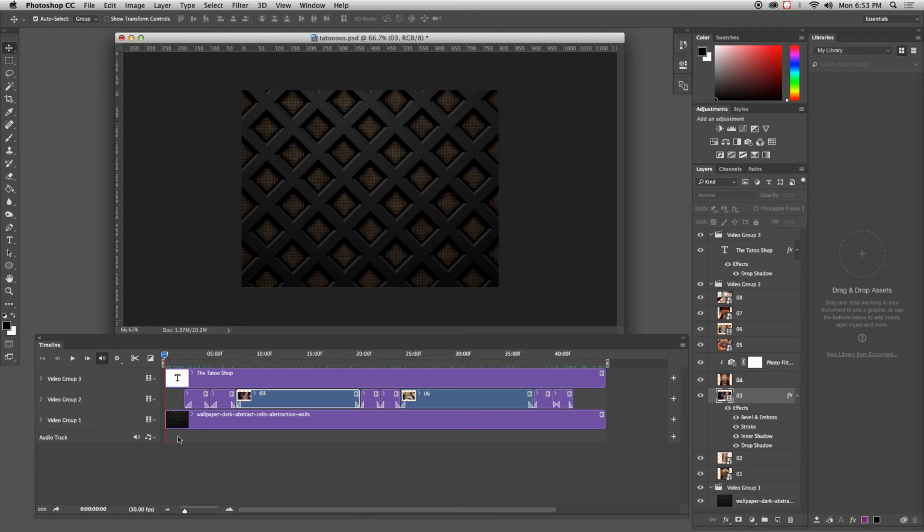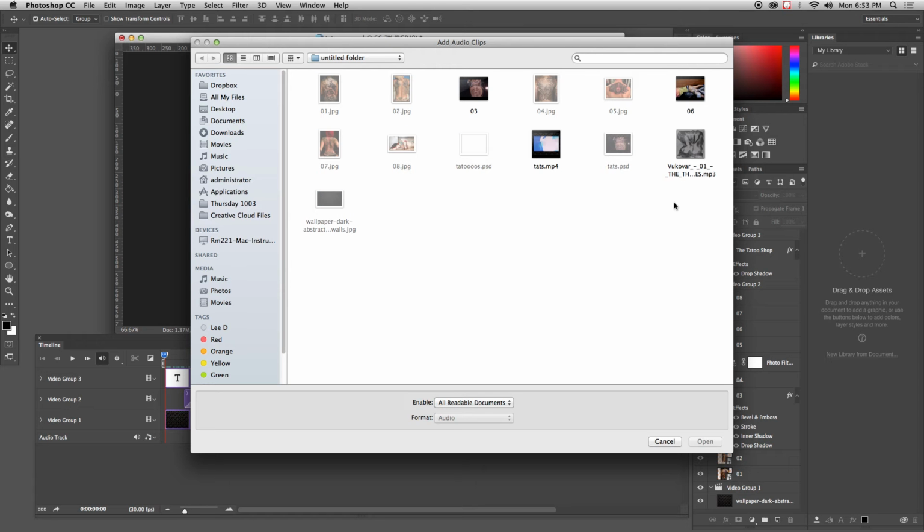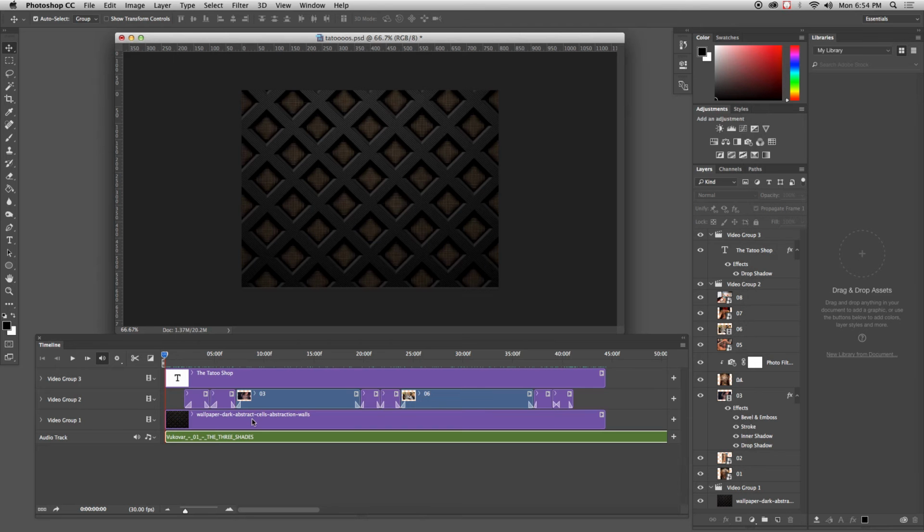So I can click down here and add audio, or make a new audio track if I had more than one track. But this is just one track, and I'm adding audio to this track. I have a prepared MP3, some music that I think will fit this video, so I'm going to open that. There it is. Now I see that music is way too long, so